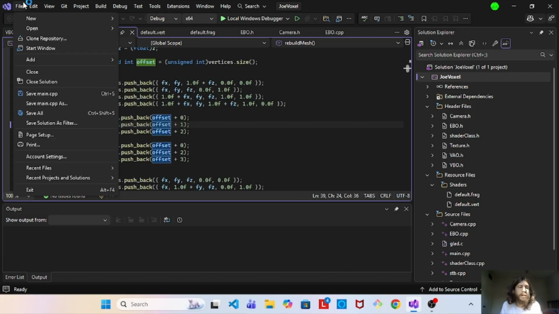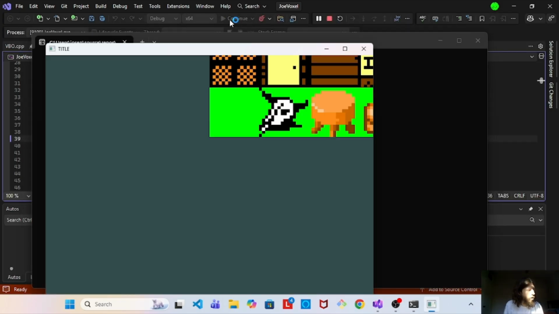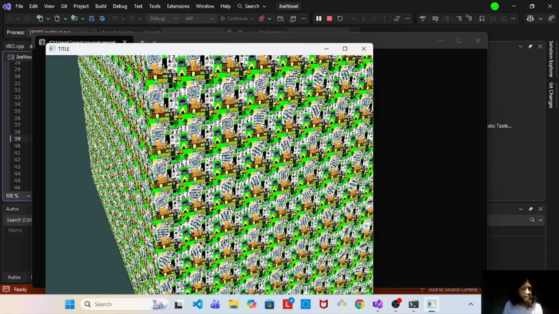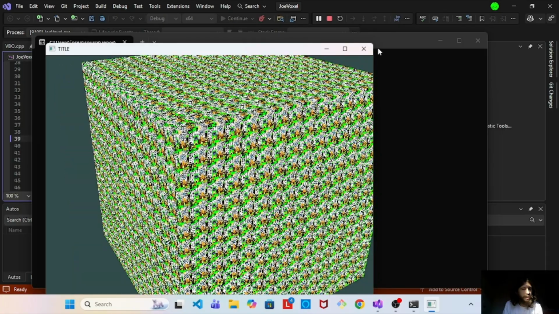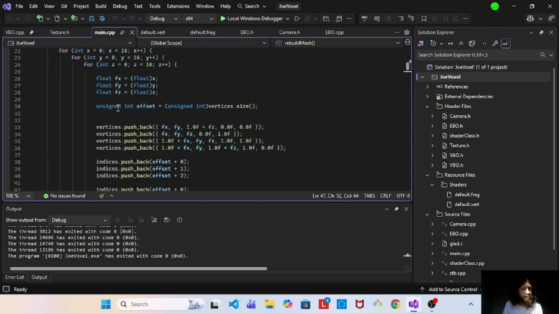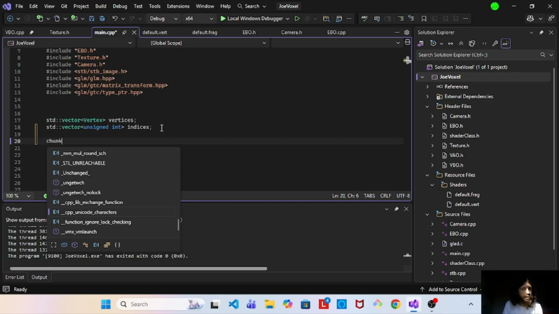All right, so where we left off, we had one working chunk. So let's check it out again. Yeah, looks great. All right, so we got one chunk, and now we have to build 10 of them. So how are we gonna do that? Let's get started. In before main, right where we have this stuff, we're gonna add a chunk